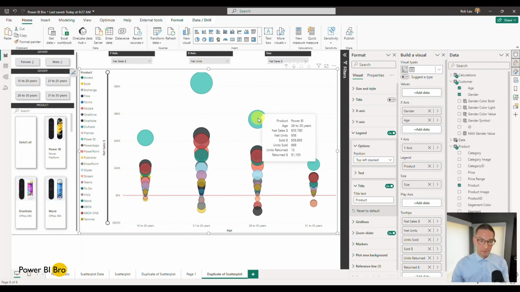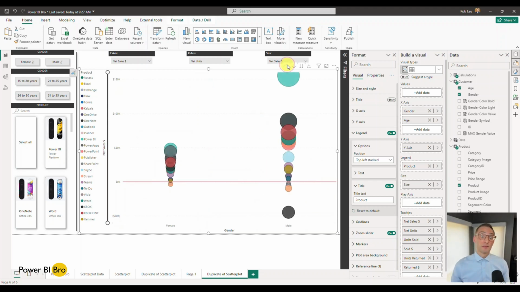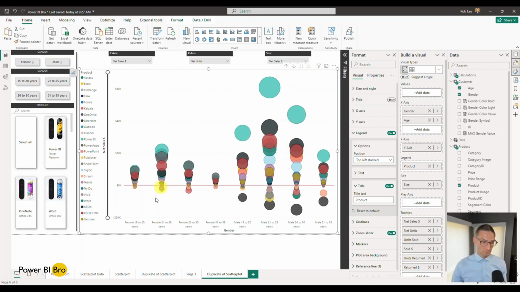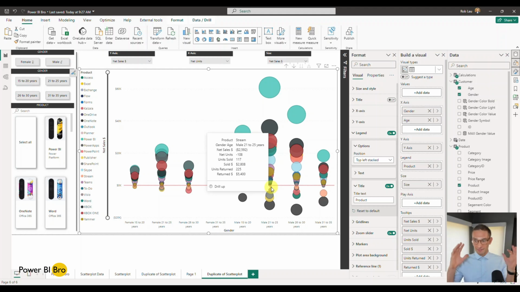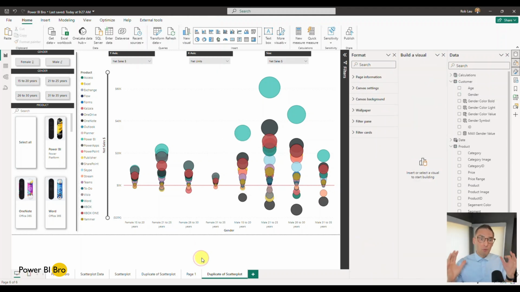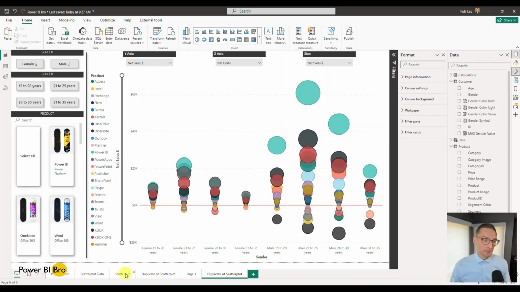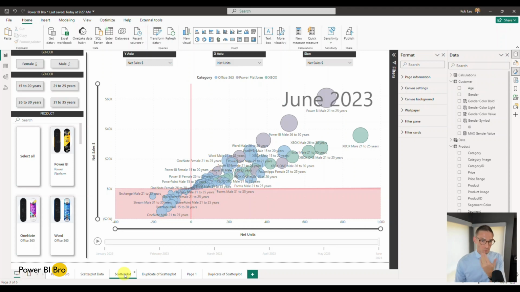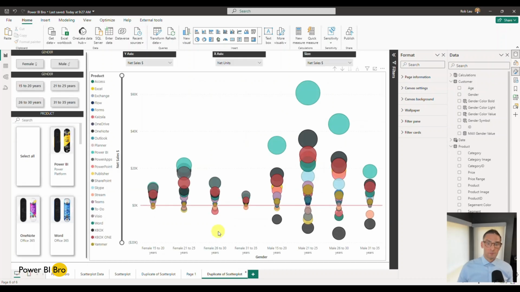stream, Power BI winning. We can go up, now we can combine them all and say for every gender and every age group, show me all the products. Drill down, there you go. Female, this group, male, this group. Another tidbit for how you can do all the same formatting, all the same dynamic measures, all the same interactivity, but it is important for you to understand the difference between a scatter plot, plotting products on 2 measures, or a dot plot, which takes a measure and breaks it up by segments, plotting dots vertically along the